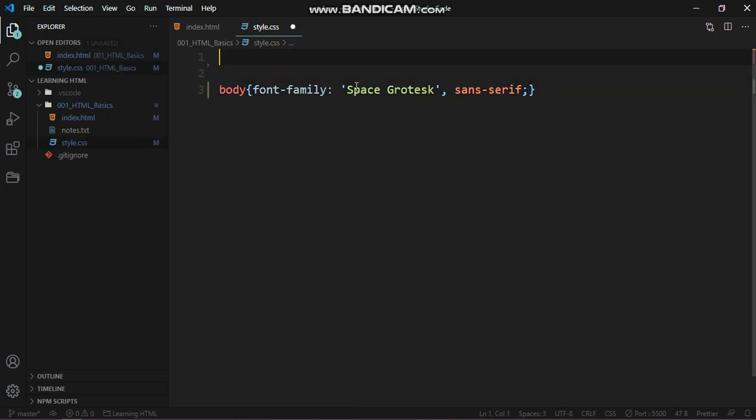Let's reset. By default, the browser applies default margin and padding to some elements. For example, the browser applies margin to heading tags and paragraph tags, and padding to ul and li tags. So we need to get rid of those. What I am doing is setting margin and padding to 0 for all of the HTML elements in our web page.